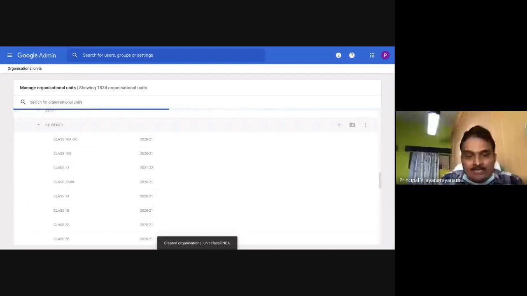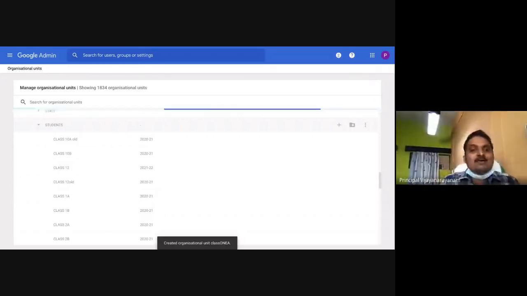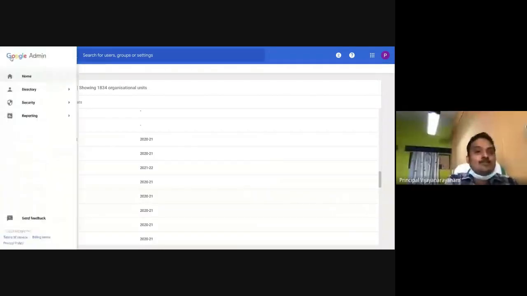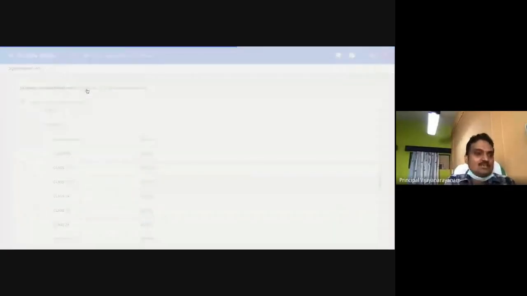Many may be thinking why these steps are important, because at the principal's desk, this is the most important activity. Later, when we are supposed to track students, generate OUs, reports and other things, we need accurate information of the student. So this part should be taken care of very seriously. Once this step is over, we can come back to the dashboard user section.